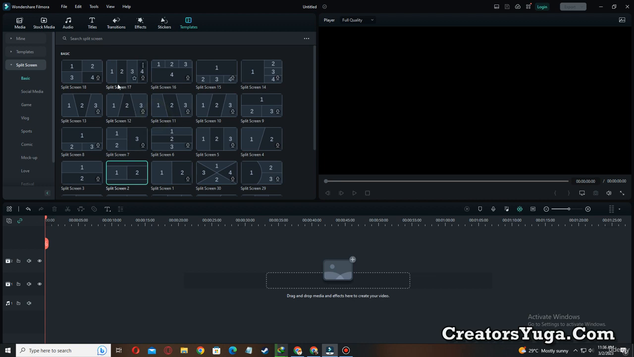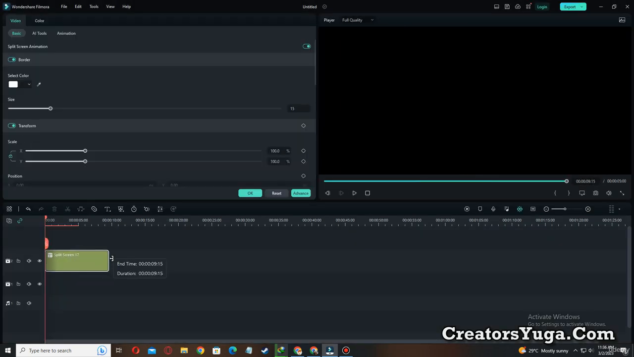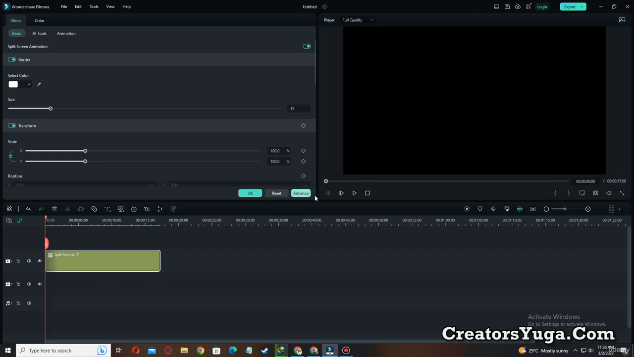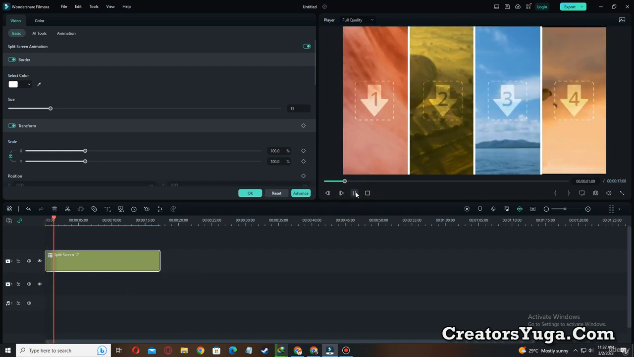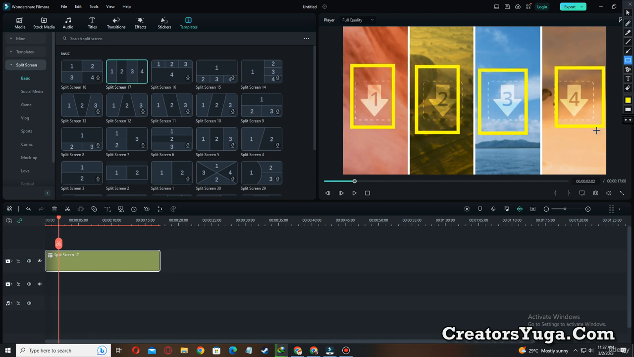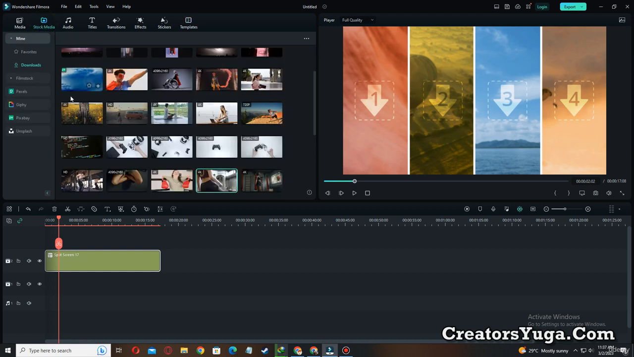Let's use another template. So let's select this and drag and drop here, and I will expand its duration, and if we play this, it will look like this. So basically what you have to do is drag and drop each clip one by one. Okay, so we simply have to drag and drop our clip. So I will go to stock media, and let's select this clip,